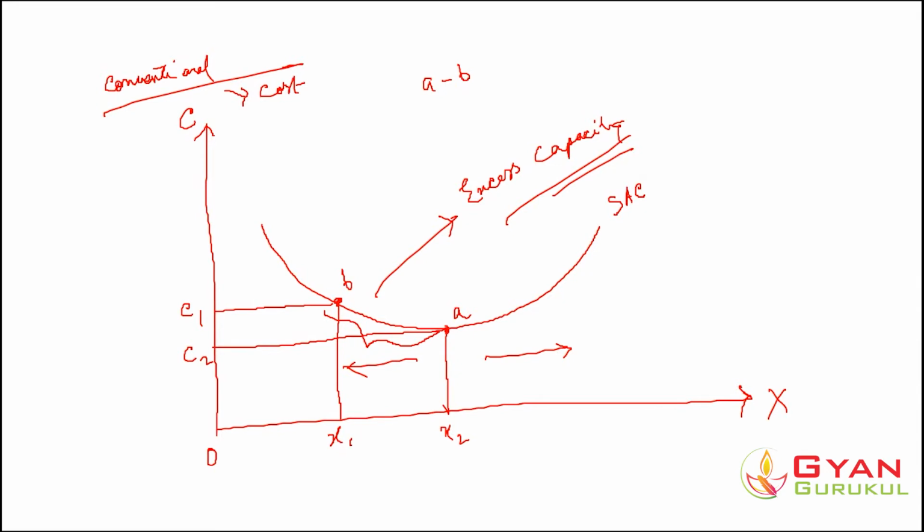Now suppose the firm was producing here, and then suddenly the demand for the product increases. So it can effectively increase the output beyond this area, the area between B and A. It could successfully increase the output to point A. That is its excess capacity available at its disposal. This is the concept of excess capacity, which is related with the conventional theory of cost.